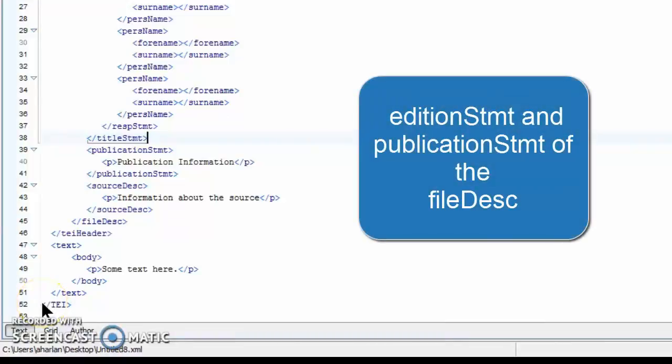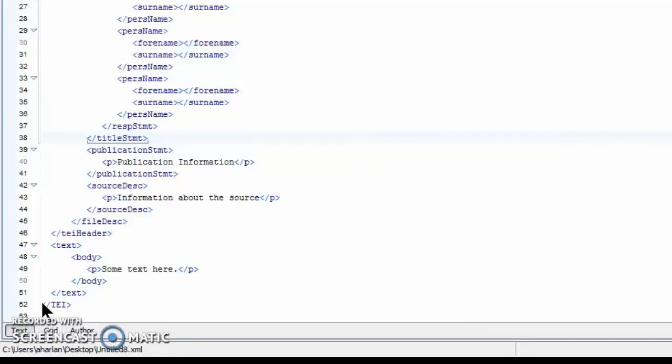Hello, in this video we will be creating the edition and publication statement of the file description. As a reminder, the only information included here is the edition and publication information for the encoded work. Now, as you can see in this TEI document that we created with the previous video, there is no edition